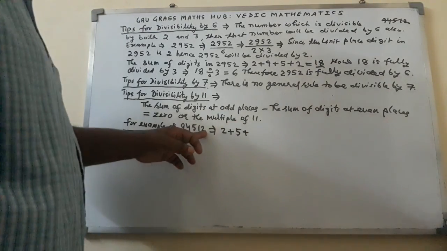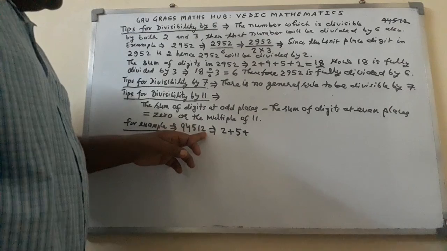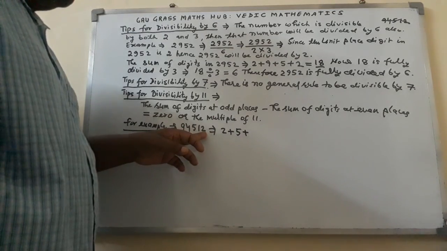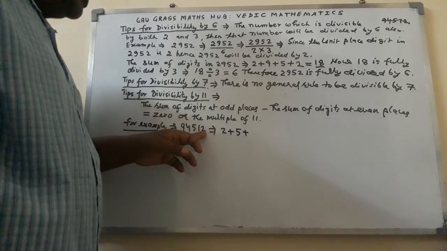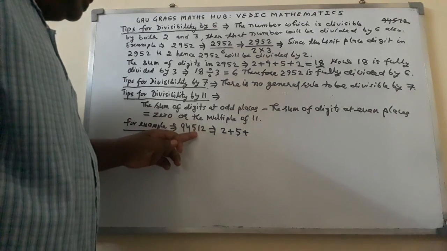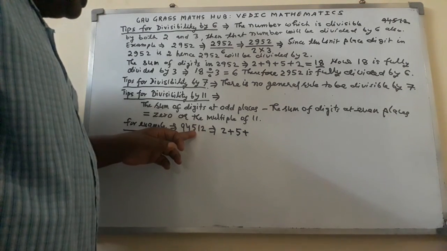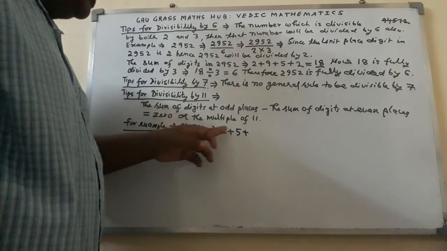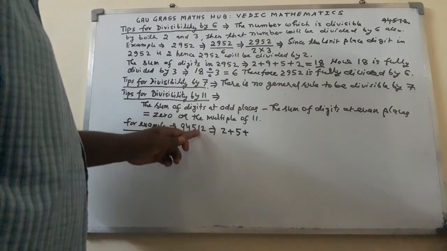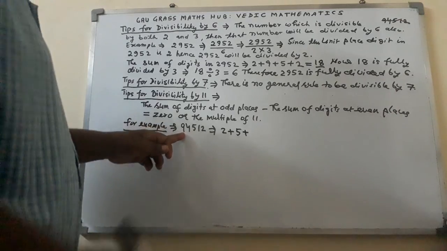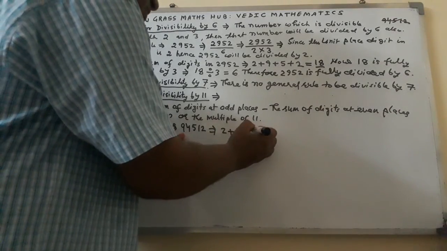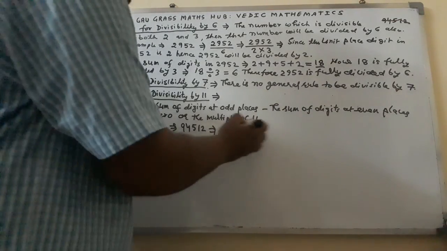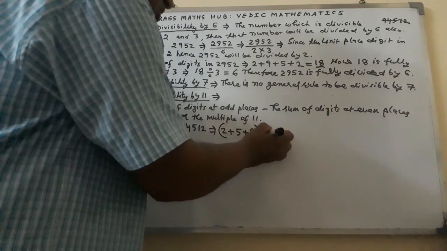This 2 is at place 1, the unit place, and 1 is an odd number. Here I shall write 2. 1, 2, 3: 3 is at place 3, an odd number. 5 is available, so here I write 5. 1, 2, 3, 4, 5. Now at place 5, 9 is available. Write it in brackets, minus